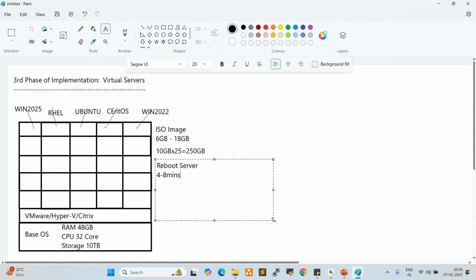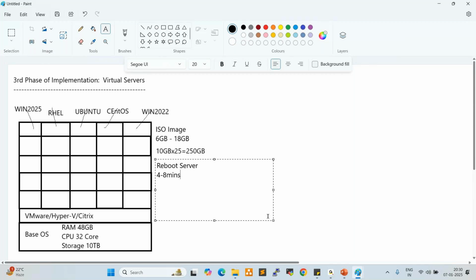Because, for example, if you deploy any digital application like Flipkart, Amazon shopping site, Myntra, Meesho, these are all digital applications, right? So if you restart the server and it takes 4 to 8 minutes, the client will not give that much time, because if the server is down for 4 to 8 minutes, what will happen? Client business will be impacted. So that is why the client will not accept that much time. This is also a drawback.